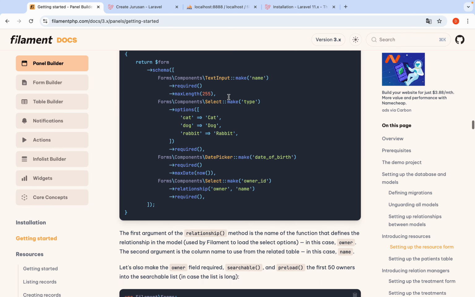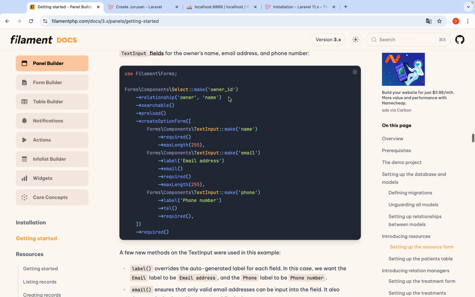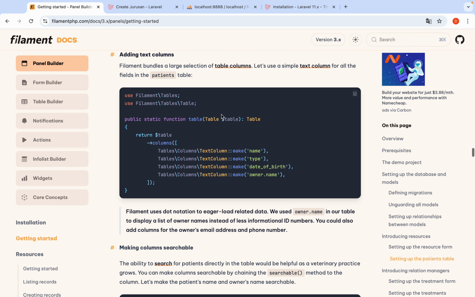Text input, date picker, text input. If you want to make a column, you must use tables column like that. After that, you need text input, and you need text column, so you must use text column, and then we will copy this.